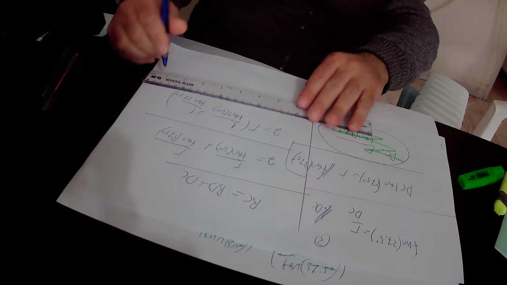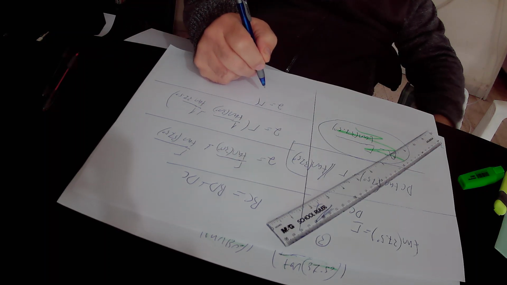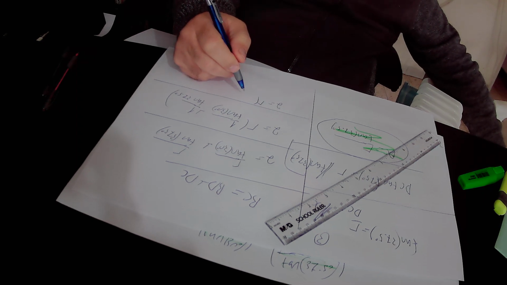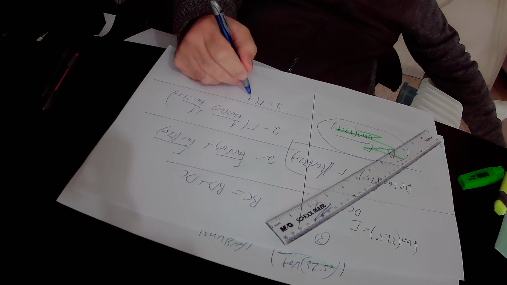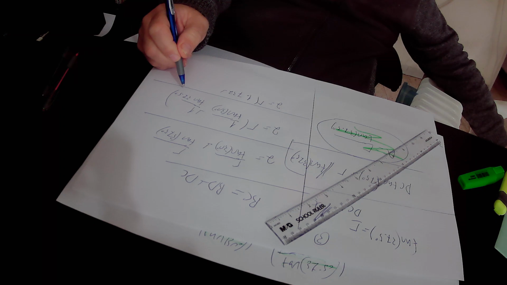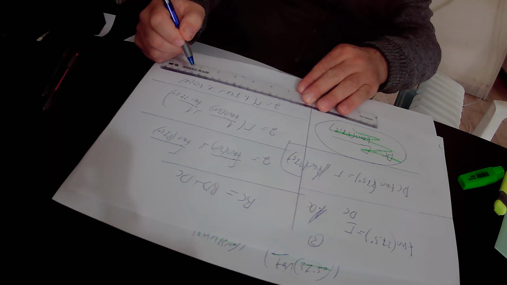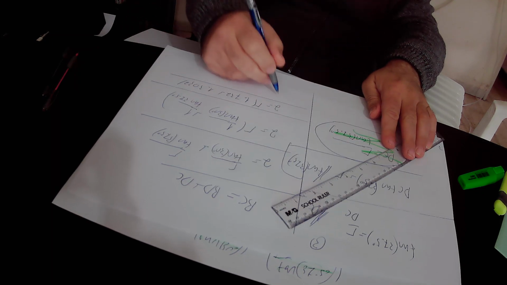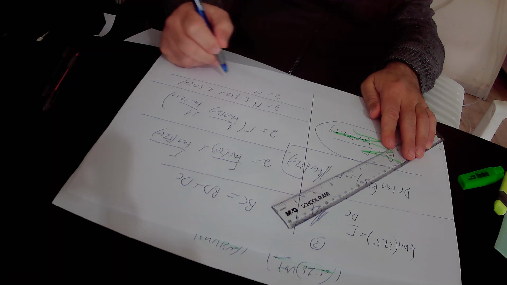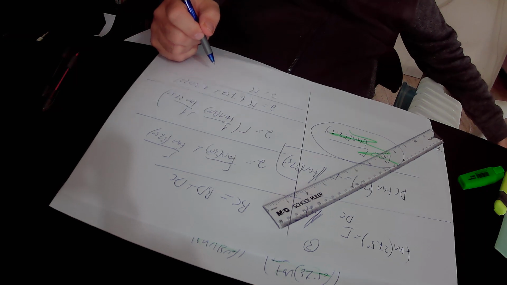So 2 equals R times 1.732 plus 1.3032. In conclusion, 2 equals R times 1.732 plus 1.3032,